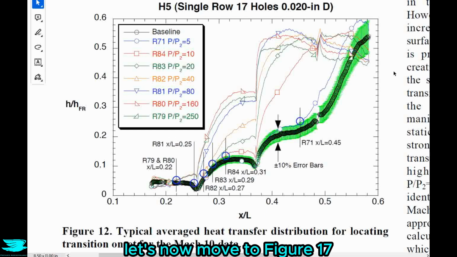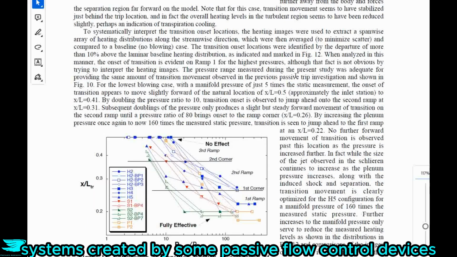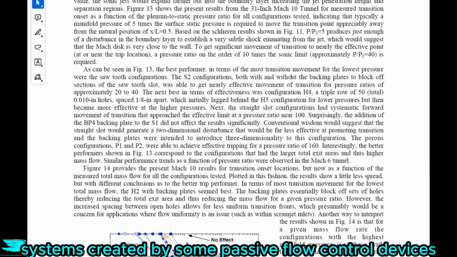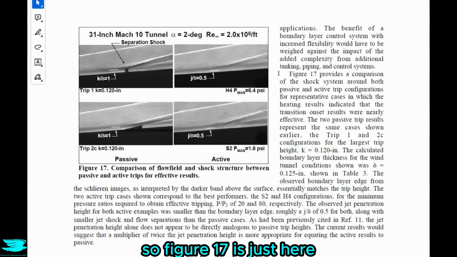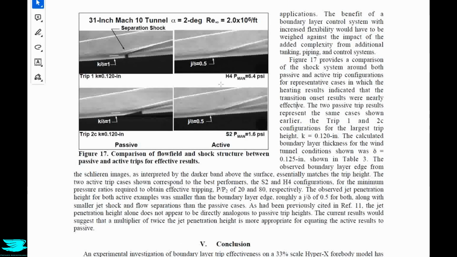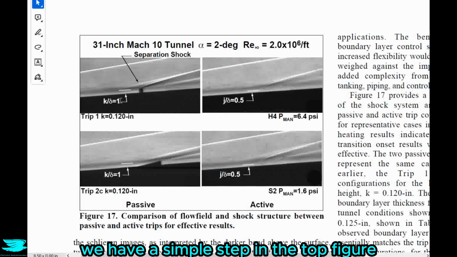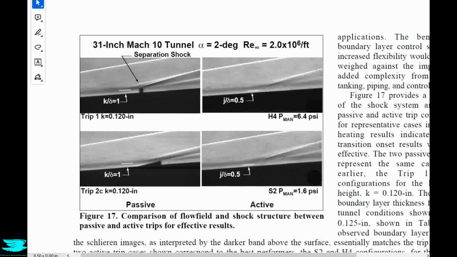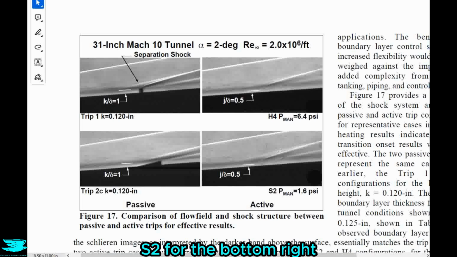Let's now move to figure 17 because the authors show the shock systems created by some passive flow control devices and for the different blowing devices as well. So figure 17 is just here. And in the left column, we have a simple step in the top figure and then a vortex generator in the bottom one. In the right column, we have H4 in the top right and S2 for the bottom right,